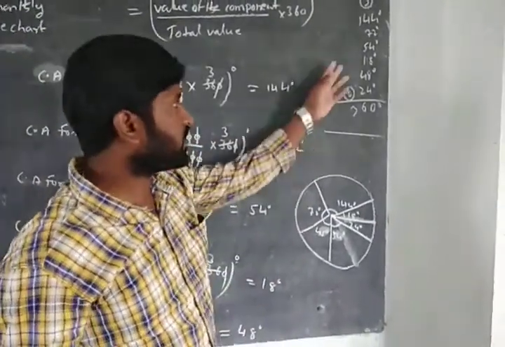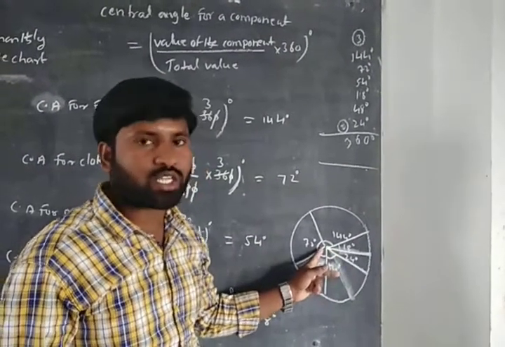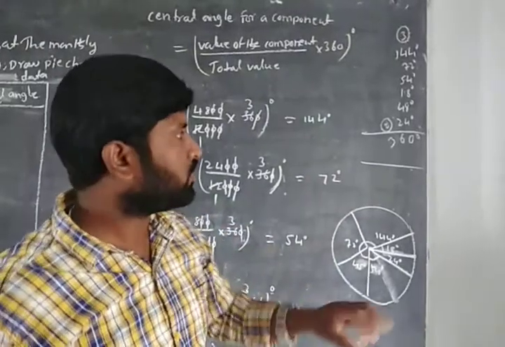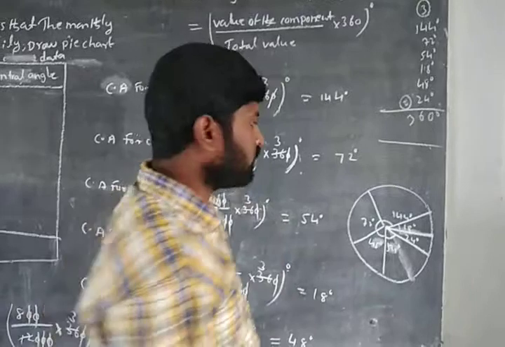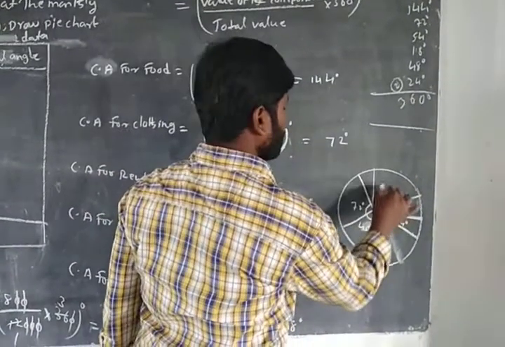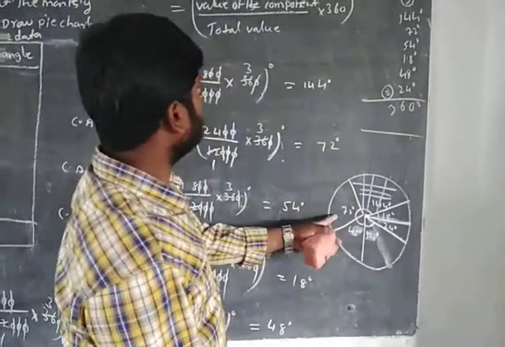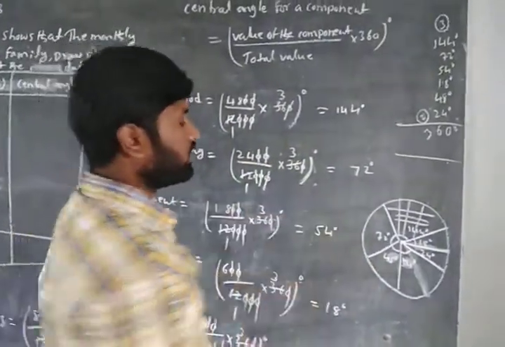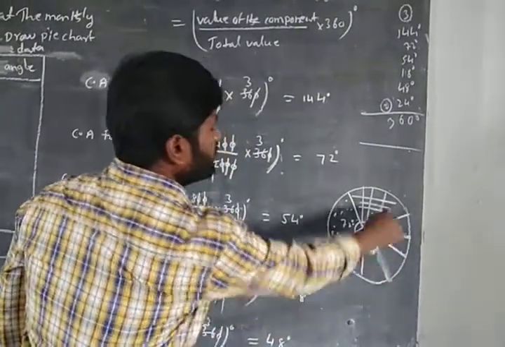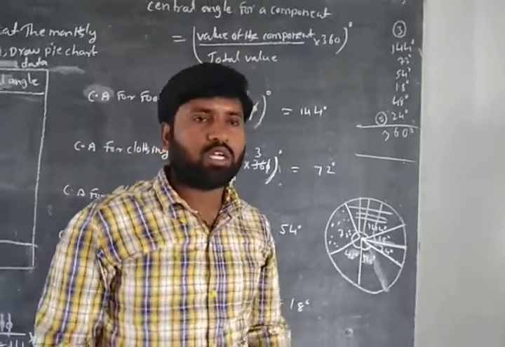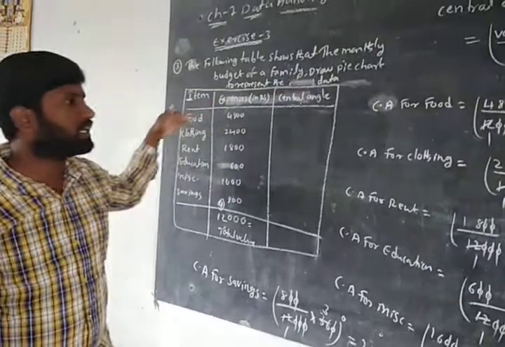Okay now, these central angles together give us a total of 360 degrees at the center. By using a protractor you can draw the pie chart. For the purpose of variation, you draw like this. For plotting, you keep dots to show the variation in each sector. So like this you can draw the pie chart for the given data.